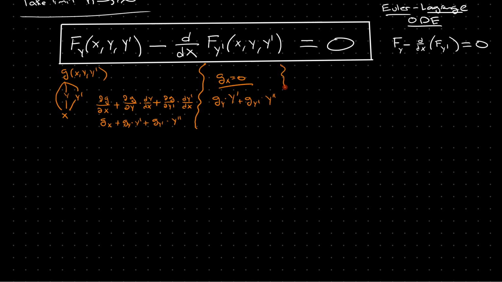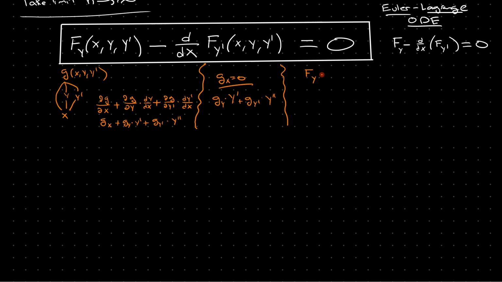And so what that means about this derivative term in the Euler-Lagrange equation is that this will reduce to just this expression right here, but with f_y prime in place of g. So our Euler-Lagrange equation will become